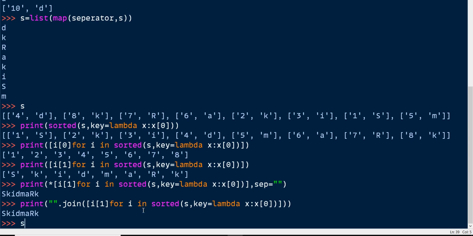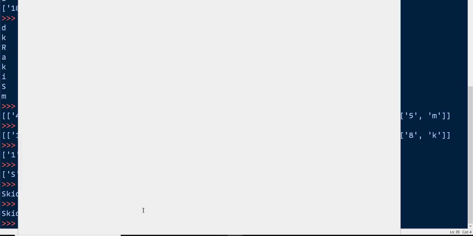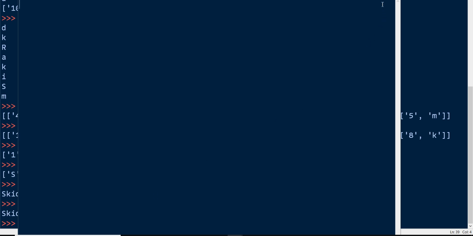Now I'm getting s equal to map of... okay. This time, for the sake of simplicity, I'm getting these values in a new form. s equal to input.